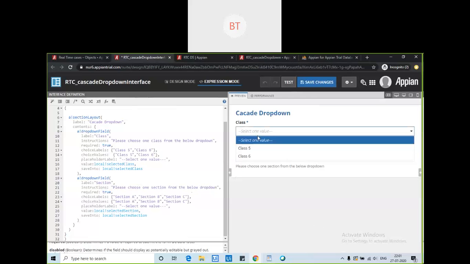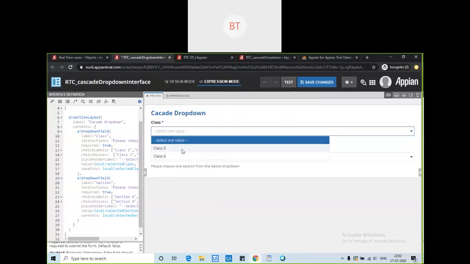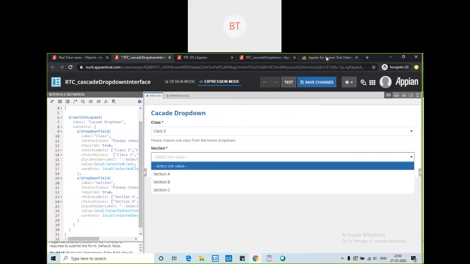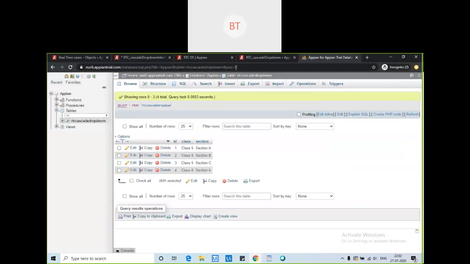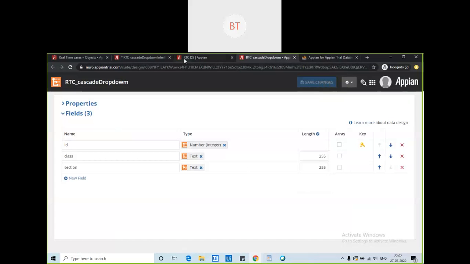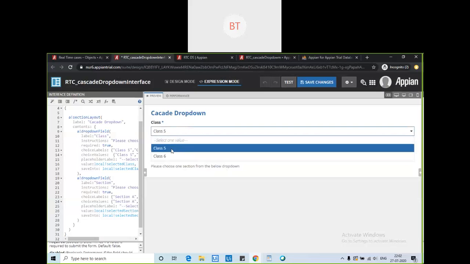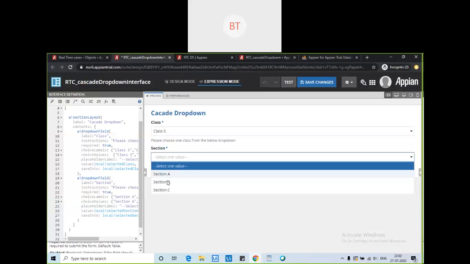Now what we want is that if we choose class 5, in this section it should come ABC, all the things, right? That's what our table is showing us. So we have chosen class 5, and here all the sections ABC are showing. So till now it's correct.